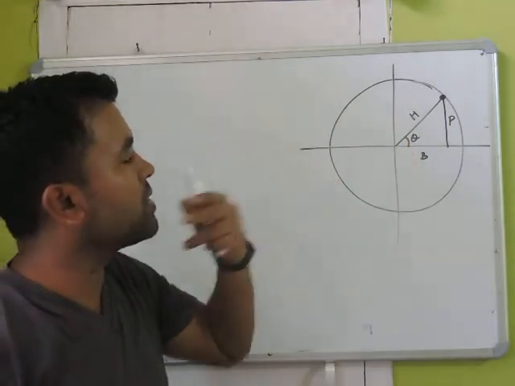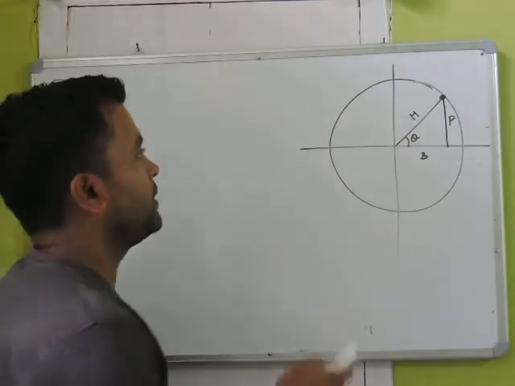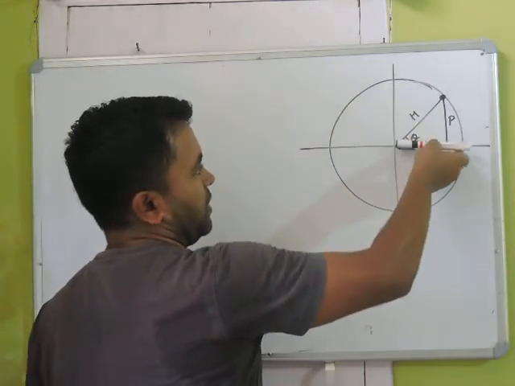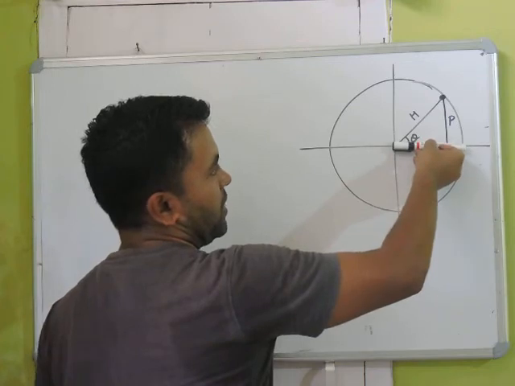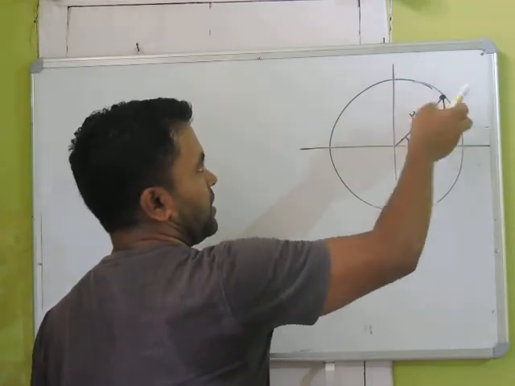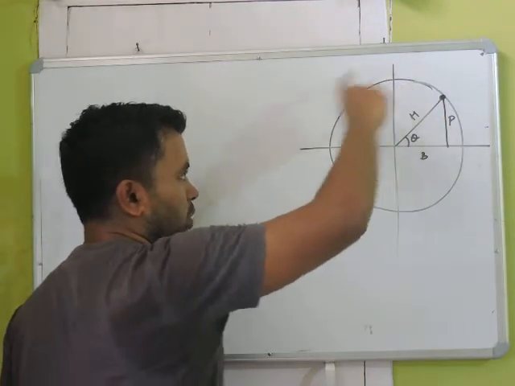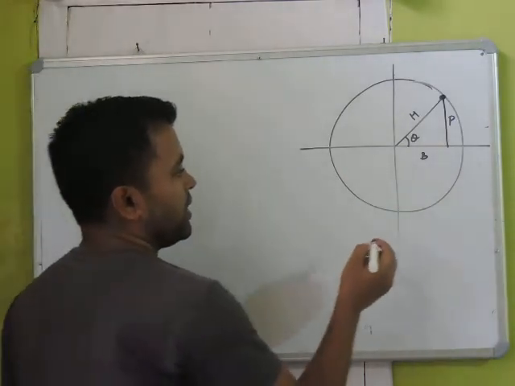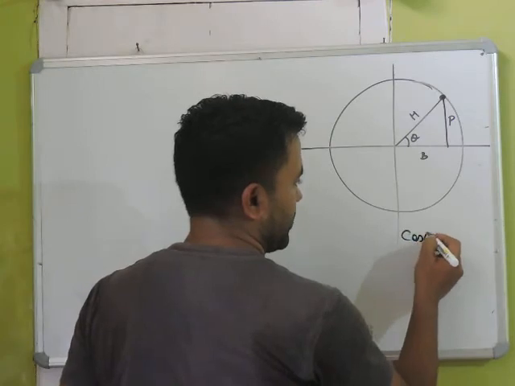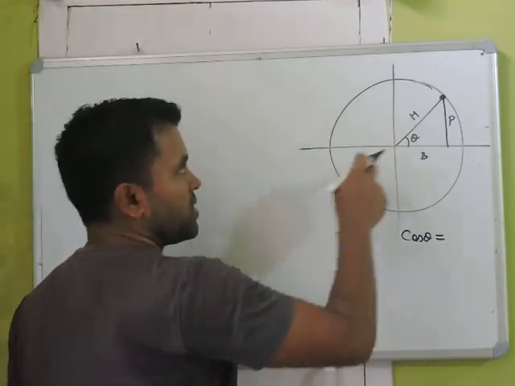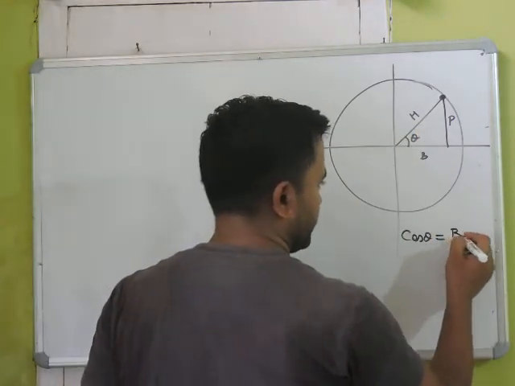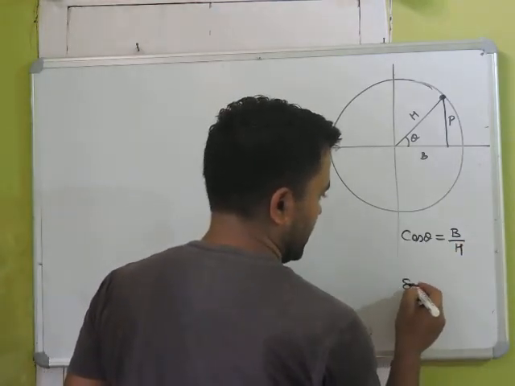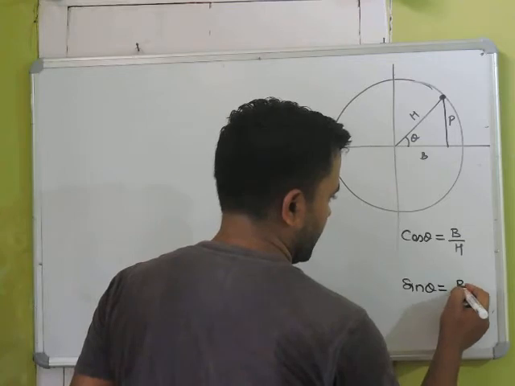We are working with this geometrical idea that we can imagine one line rotating. As it rotates, let us say it starts from here with 0 degree, then this line comes at 90 degree and so on. So if we see the cos theta formula, this is just a geometrical visualization. Cos theta is base by hypotenuse, right, and sine theta is perpendicular by hypotenuse.